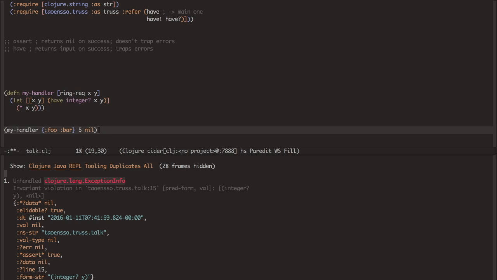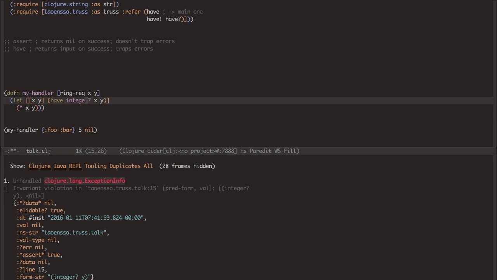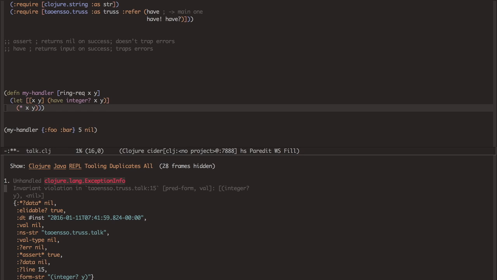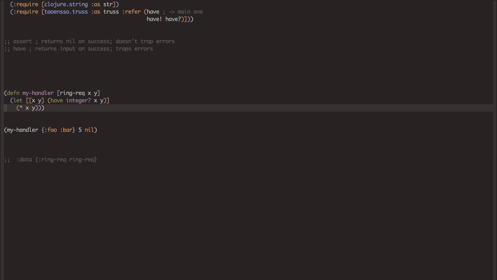Okay, but let us say that for whatever reason, something is wrong. So what is wrong in this case? Well, we are passing in x equals 5, y equals 0. Because of our check over here, we know that y is supposed to be an integer. We can follow that up over here in our error that we're seeing. The value is coming in as 0, for integer y, that is what's tripping it, okay? But let us say then in order to properly debug this error, we need more information than just what x is and what y is, because this is a ring request and we want to know what parameters maybe produced the x and y values, or we want some sort of authentication information, we want the session information,